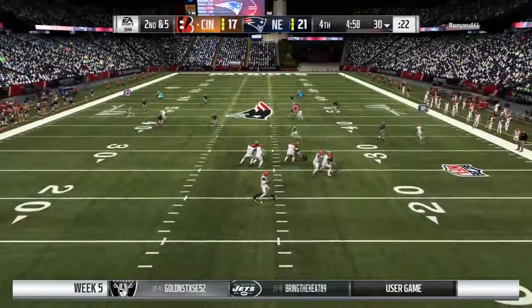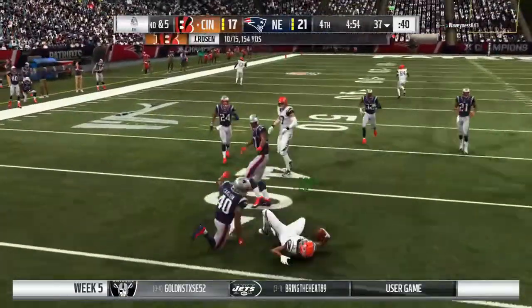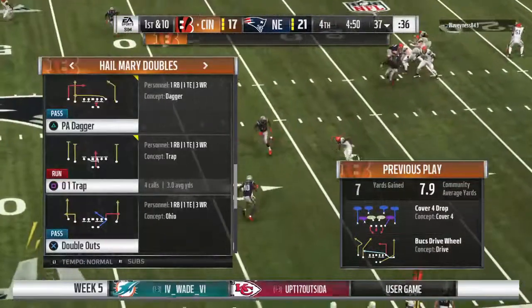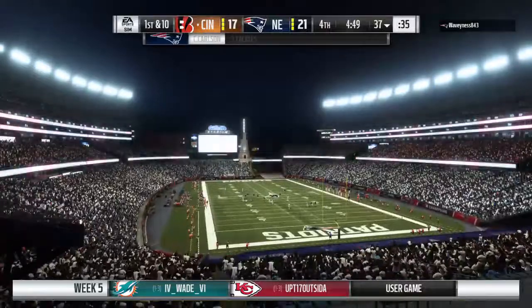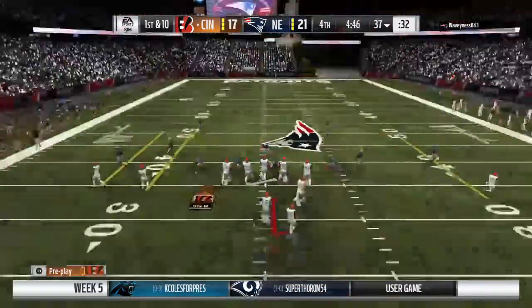From the shotgun, it's Rosen. Got a man open, it's Ross, and he'll be brought down right around the 37. It's a 7-yard gain there, and it's good enough to move the chains. When you see zone defense and you know you've got a drag route on as your primary call, you've got